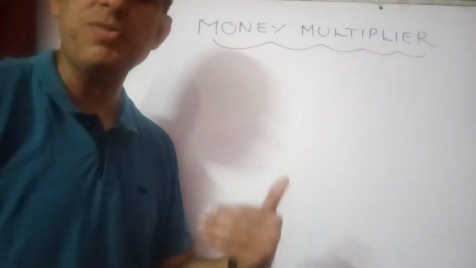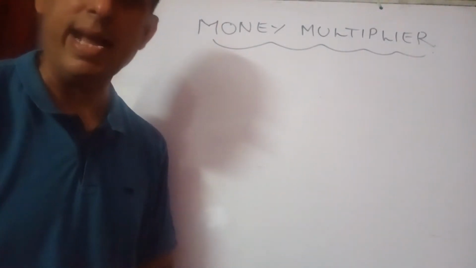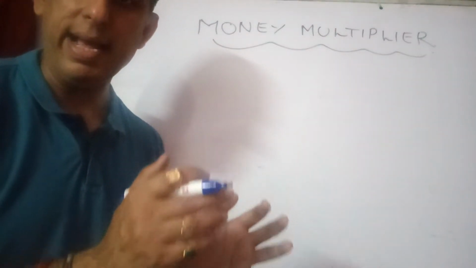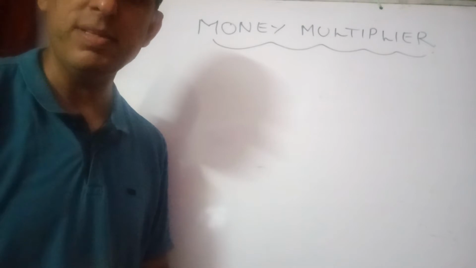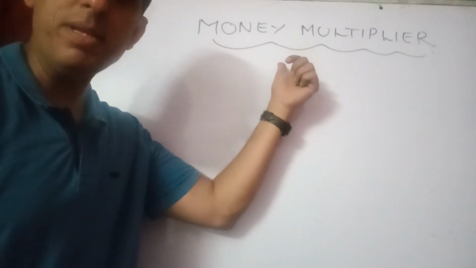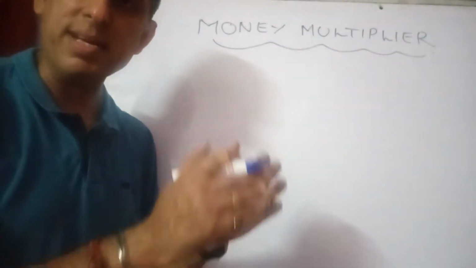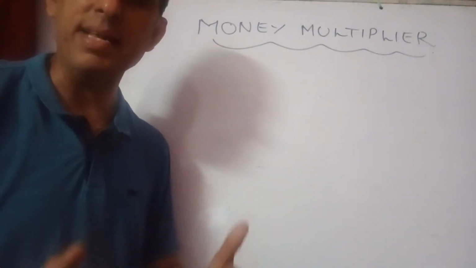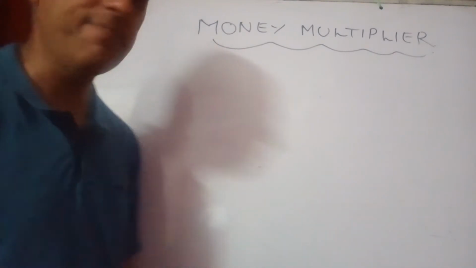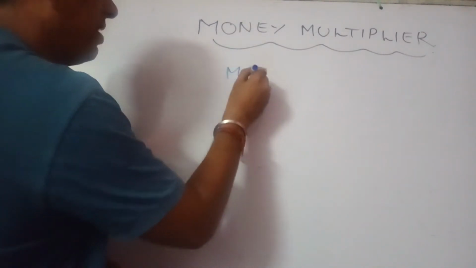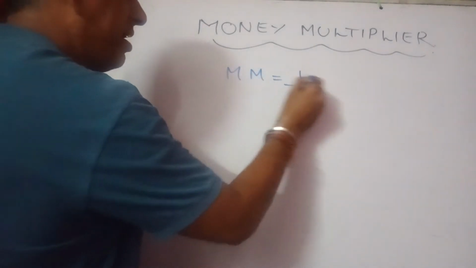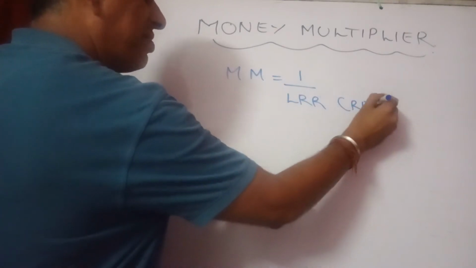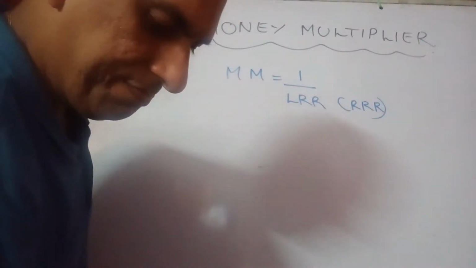Having completed the process of money creation and understood the role of the central bank in initiating it and the commercial bank in expanding it through the most important variable, the money multiplier, let's come to its value. Money multiplier, also called deposit multiplier, and in some books referred to as credit multiplier. So, what is the value of money multiplier? 1 upon legal reserve ratio or required reserve ratio, whichever way you wish to.